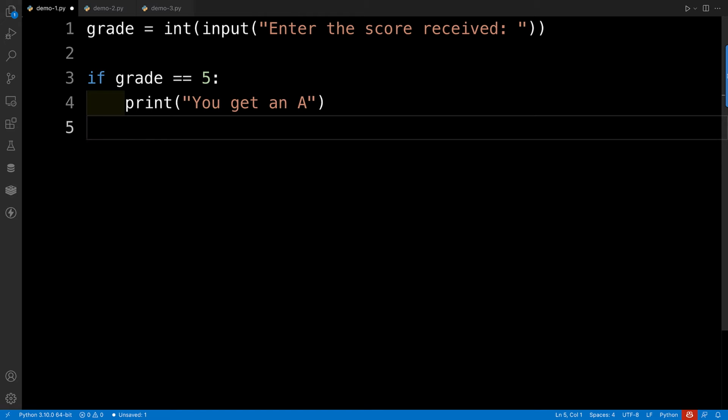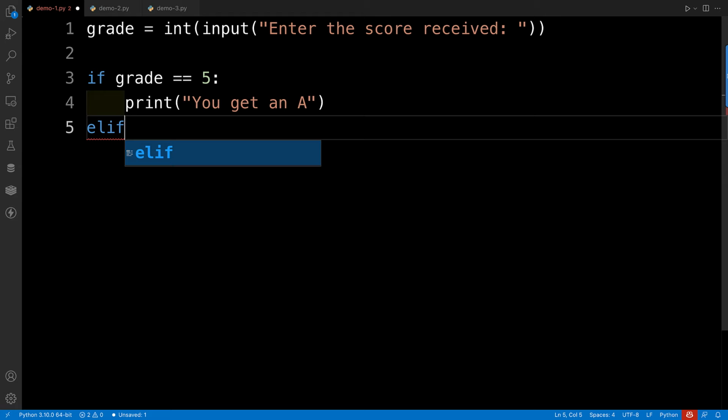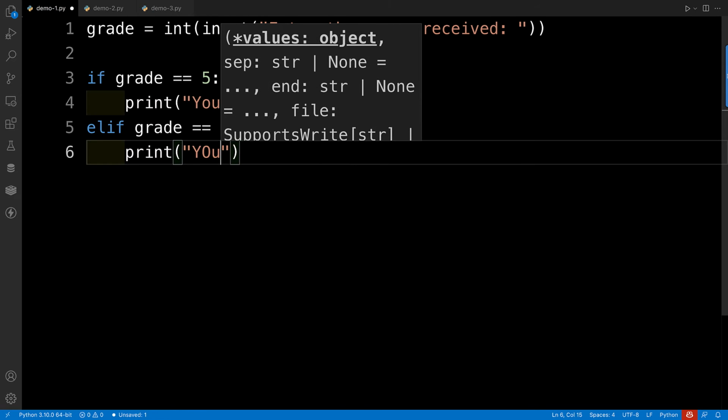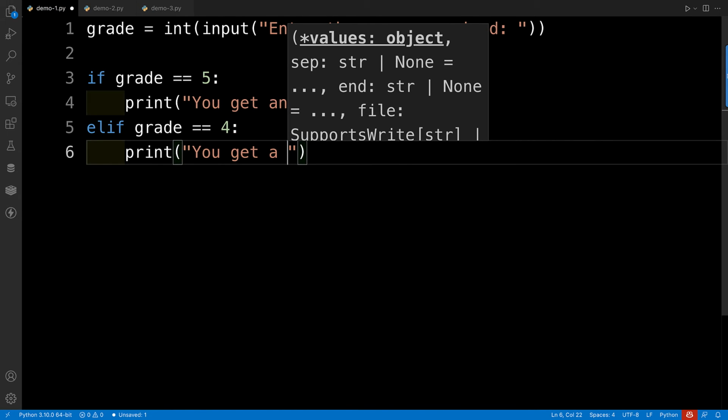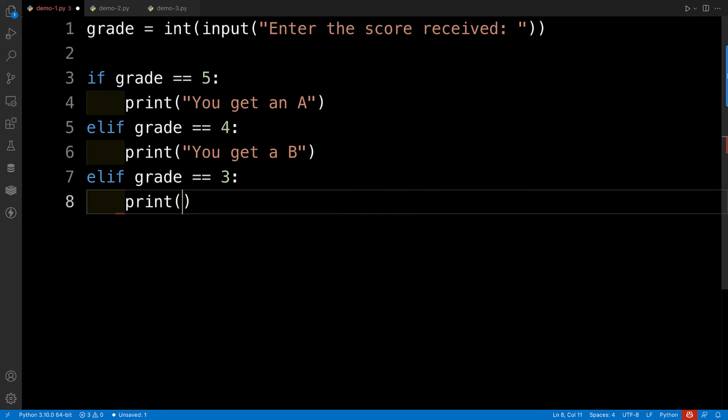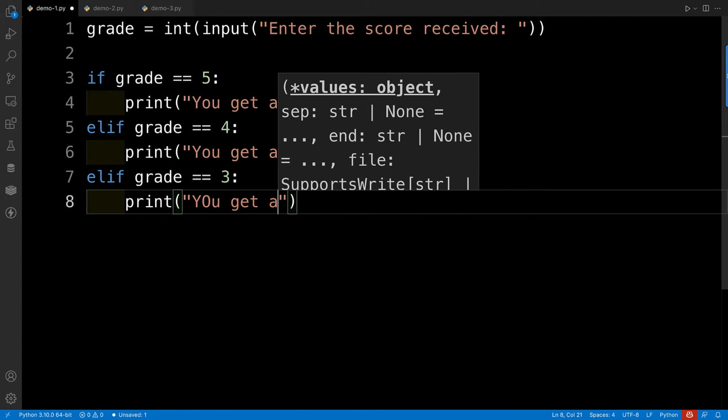So now we do our elif. Notice else if, that's the way it's written. In some languages you'll see it as else if. Elif, and then the condition is grade equal 4. Print you get a B, right? And then we have another condition, elif or else if grade is exactly equal to 3, right? Print you get a